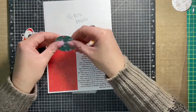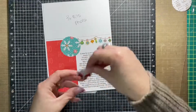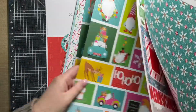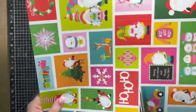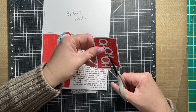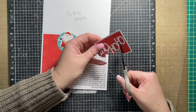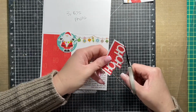And then once that is done, I go back to the pattern paper and pull out one of the cut apart sheets and actually trim out the phrase ho ho ho. I found that when I was going through the pattern papers trying to figure out which one I wanted to use, and spotted that. My title originally was going to be ho ho ho, but I was going to cut it with my Cricut, or I was going to stamp it, or I wasn't really sure what I was going to do. But when I found this, I ran with that instead. So I'm going to fussy cut it out, and then it's going to be adhered next to Santa over top of the ornament garland. I adhered that with some foam